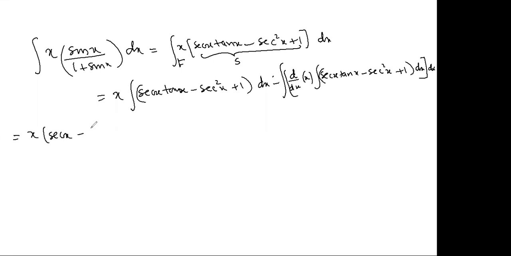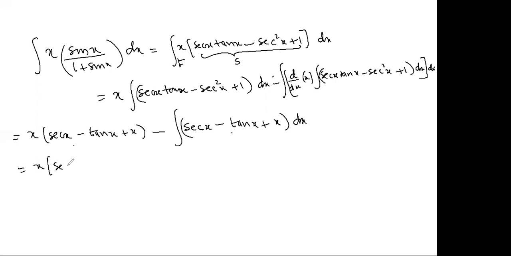sec x minus tan x plus x. Is that fine with everybody? Minus, now this part will be written again the same way, sec x minus tan x plus x. Understood that? Derivative of x became 1, so it is gone. And this integral you have already done here. The same thing you have to cut and paste. Now final answer: x into sec x minus tan x